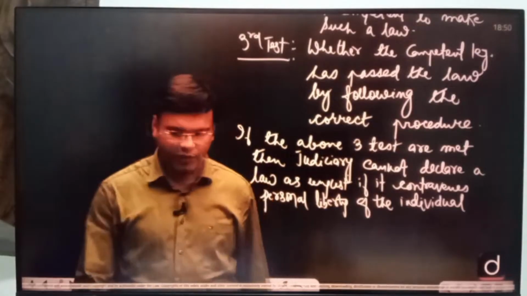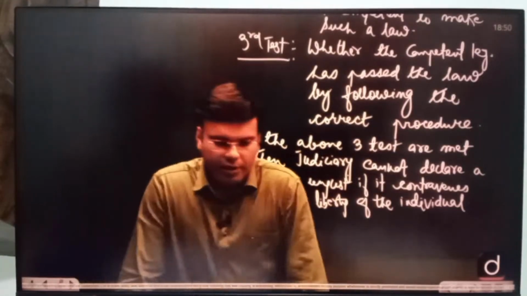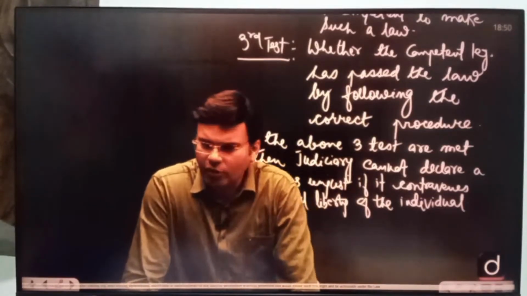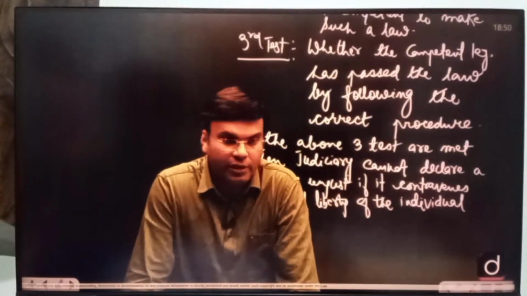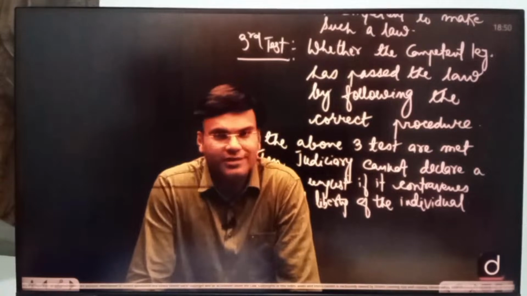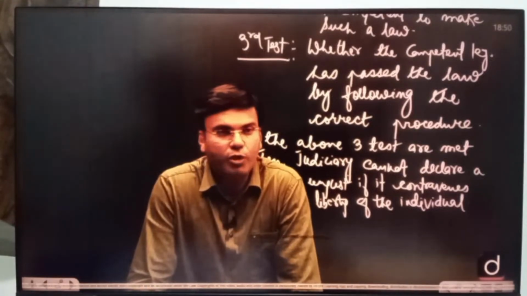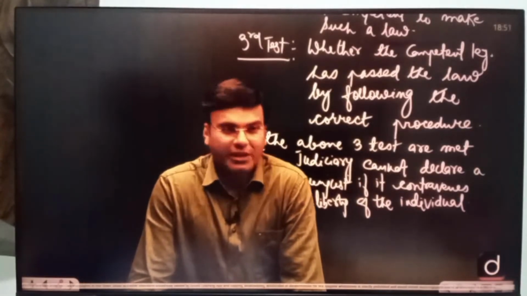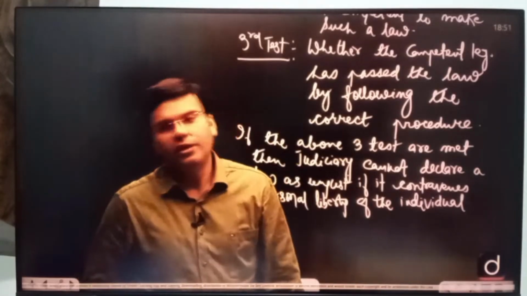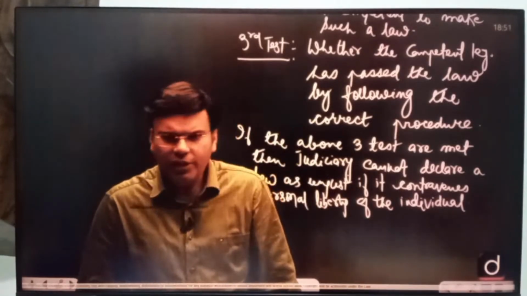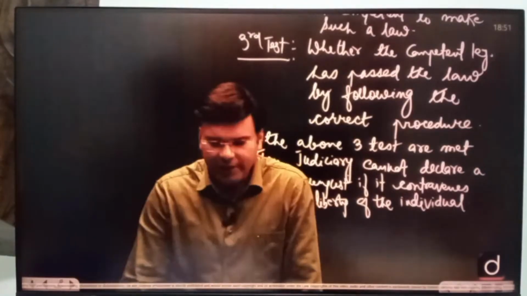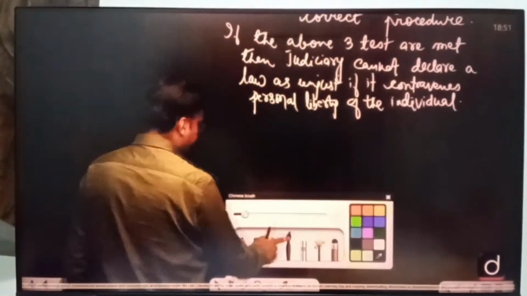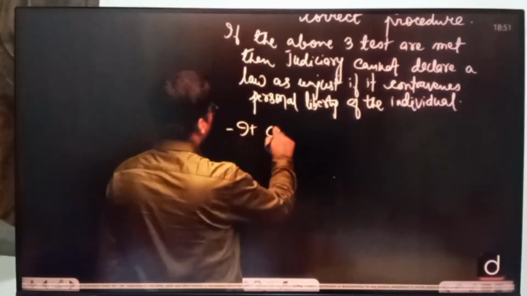So even if it contravenes, like deprivation of life or liberty, I am writing personal liberty, meaning life and personal liberty, then also the judiciary cannot go to any other length. It has to consider that this law is valid. Why? Because it cannot move beyond these 3 tests. So these 3 tests are the conditions that will tell us whether this law is valid or invalid. If these 3 conditions are fulfilled, then the judiciary cannot do anything beyond this. That is, what can the judiciary not do? It cannot examine